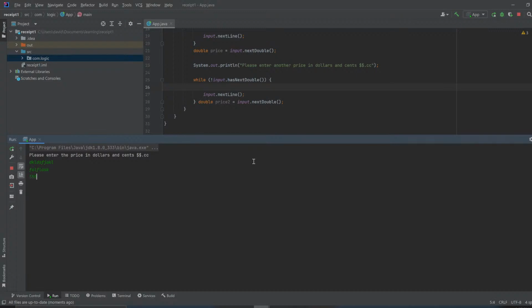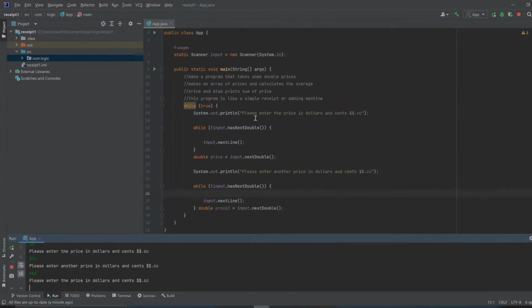So I'm going to enter a good price, $555. It asks me to enter another price, let's say $10. And then it just cycles through, okay? It just goes back to the beginning. It just says enter price, enter another price. If you see in the source code here, enter price, enter another price,